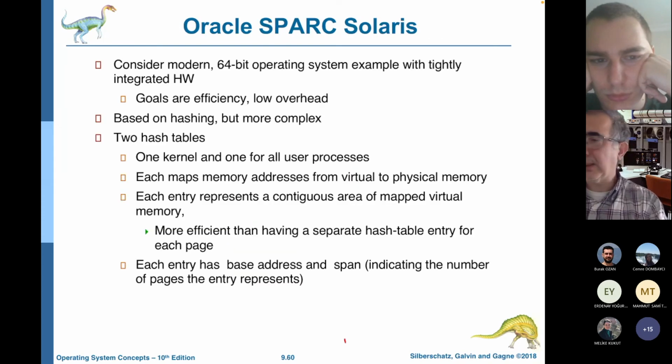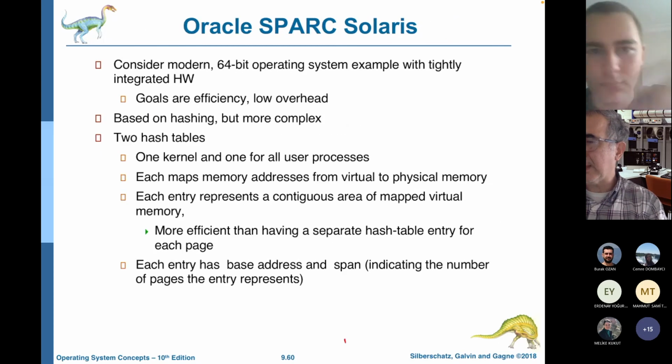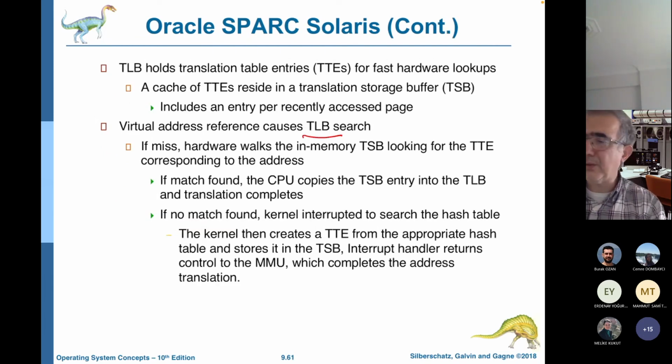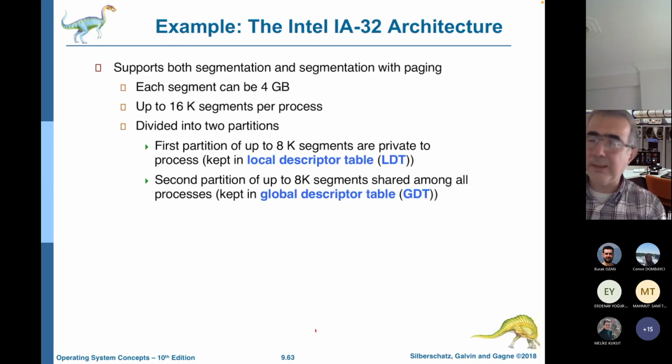It's basically finished. The book gives certain examples from common systems, like the Spark Solaris operating systems. Let me show it to you. This has a 64-bit operating system, and again, the translation look-aside buffer method is used. Intel architectures are 32-bit and currently 64-bit. Let me show that to you. In the Intel architecture,